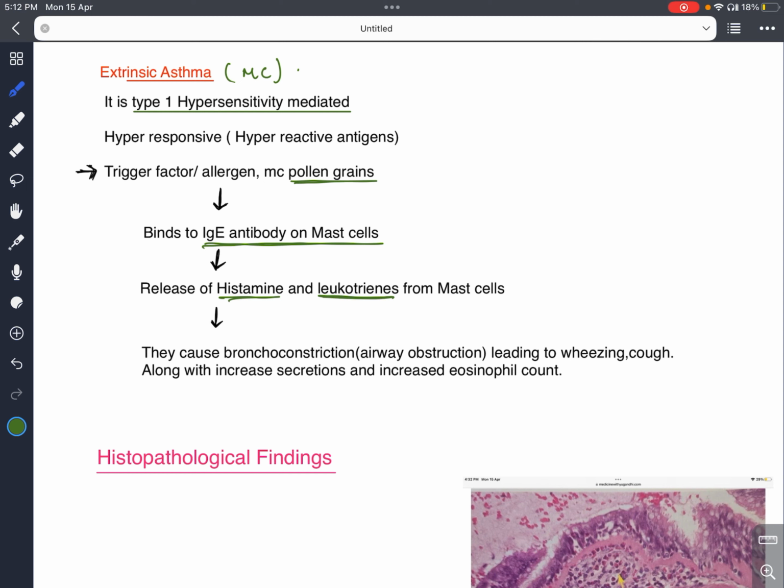Now, which leukotrienes are released? We have C4, D4, and E4. These three leukotrienes are responsible for the pathophysiology. But what does B4 do? B4 का यहाँ पे इसके पैथोफिजियोलॉजी में कोई काम नहीं होता। B4 का काम होता है कीमोटैक्सिस।